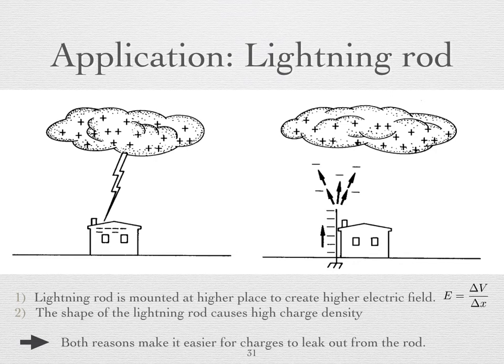Since your house is higher than the ground, if there's lightning, the charge will want to leak out from your house first. So some people had a smarter idea. They thought, why don't I just build something a little bit taller, like a lightning rod? If the lightning rod is mounted at a higher place, then whenever we create these charge separations, you will see a lot of